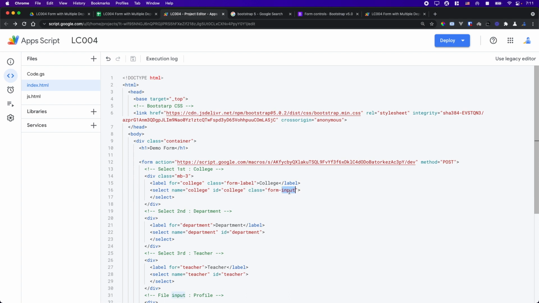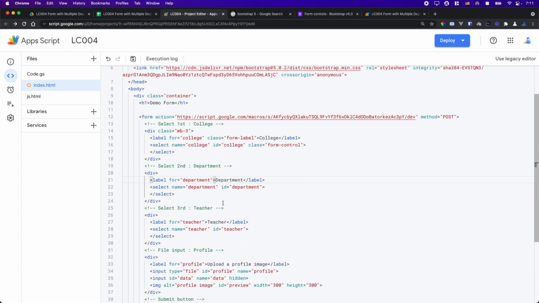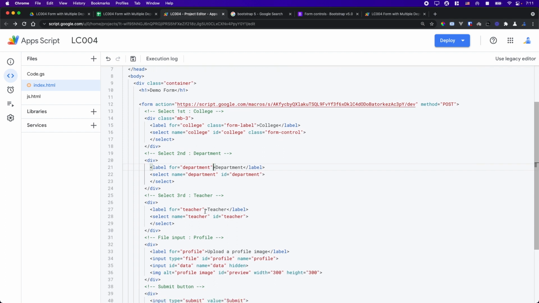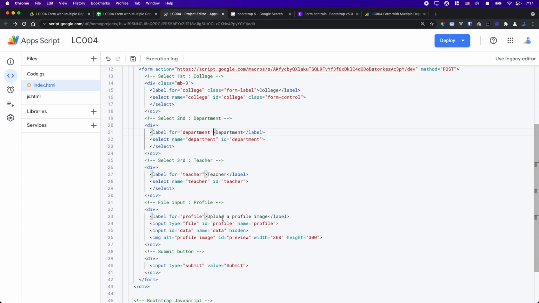Form control. Okay, so let's do this for the rest of them. For the label, 1 label, 2 label, and profile, let's make a copy of this label class. And for the form control, let's make a copy of this class and add it to this one, teacher, and